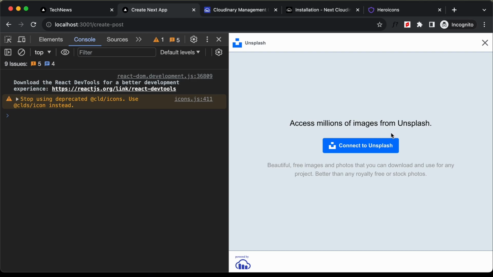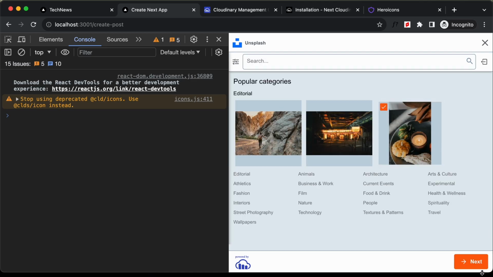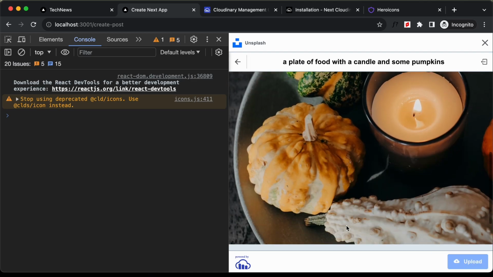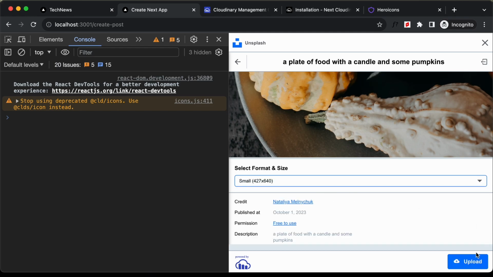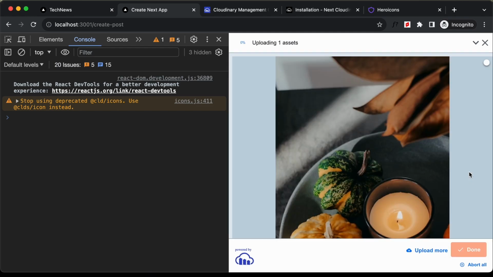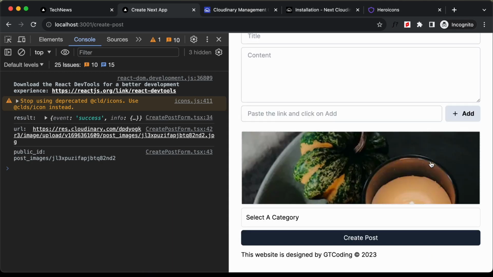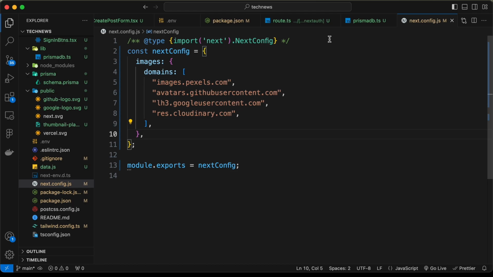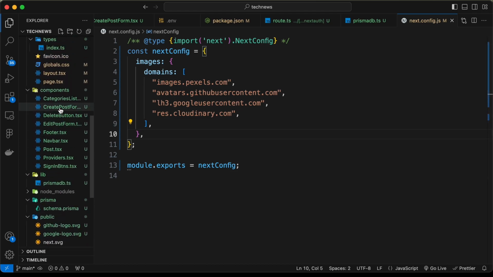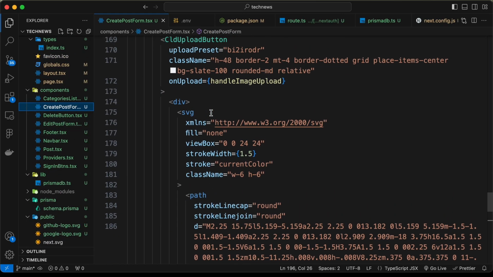So let's go to Unsplash and let's select this image and let's click on next, and let's select small and upload, and let's click on done. And now we can see that the image is being displayed over here. Now when we have the image displayed over here, we should not be able to click on the image to upload another image. So let's go back and let's go to the component, create post form, and here I'll just